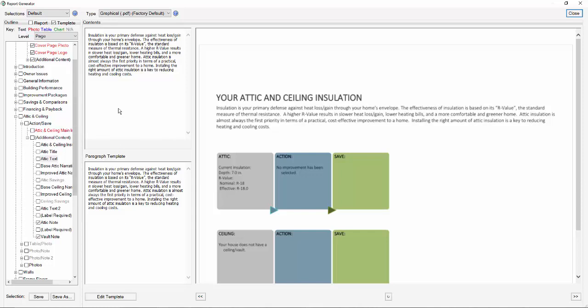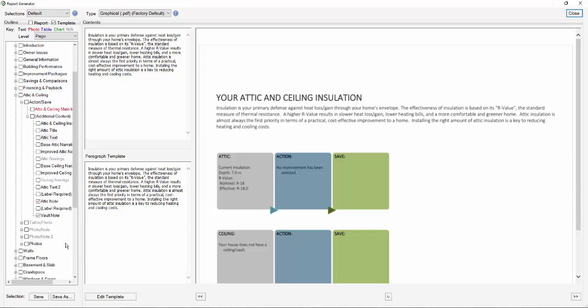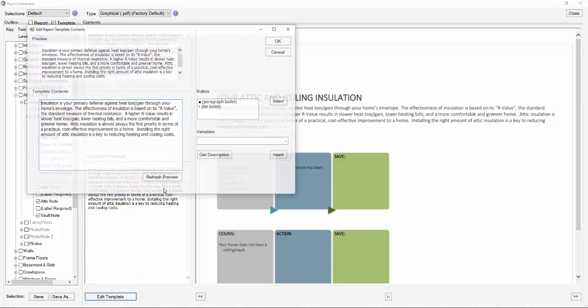And so if I want to change that, you want to limit the amount of times you're using this template editor, because it's a really significant change when you're changing this template. You only want to be doing it for things that you're going to be setting and using on every project. So to make this change, I would do edit template,